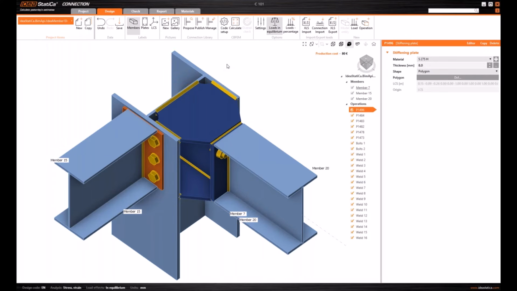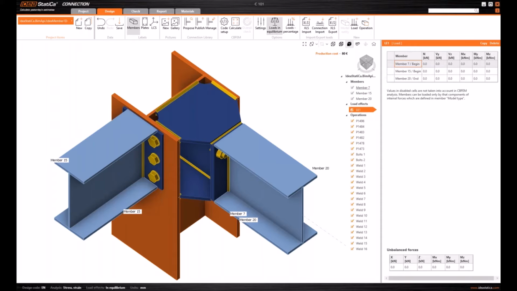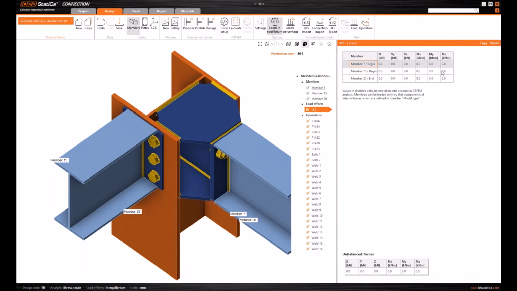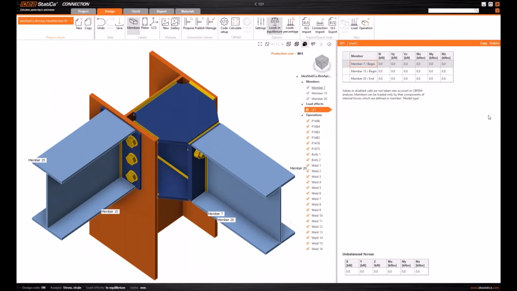But to do this, you're going to need the loading as well. If you click on the loads, you will see that a table pops up here. Currently Protosteel cannot export the internal reactions of the member or the reactions that this connection needs to support.